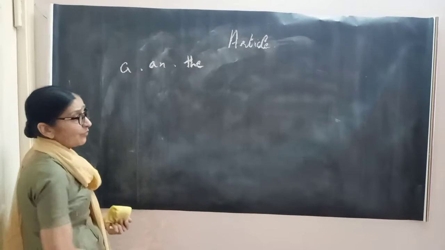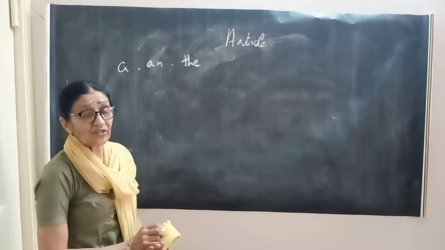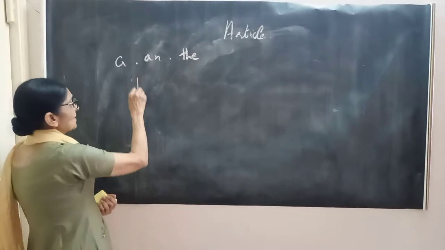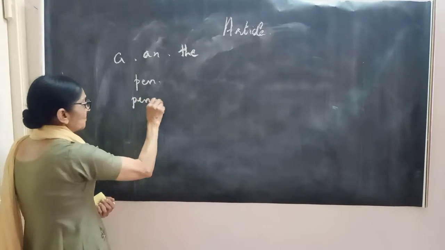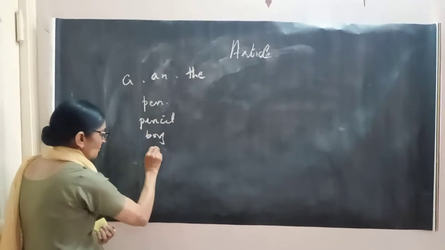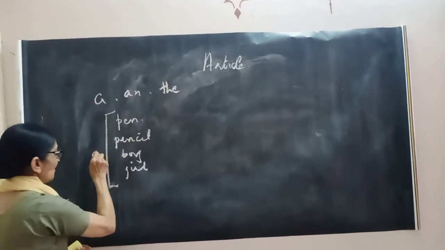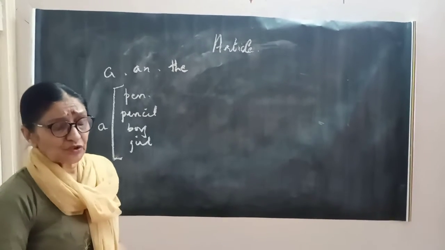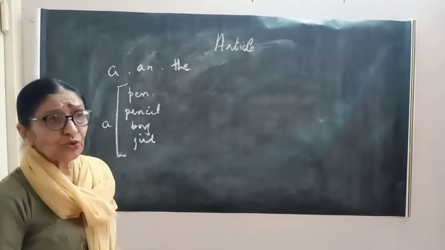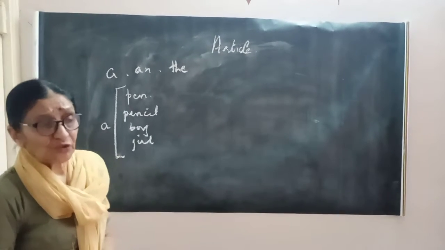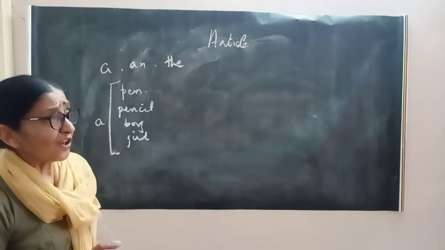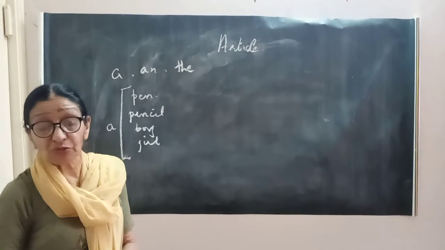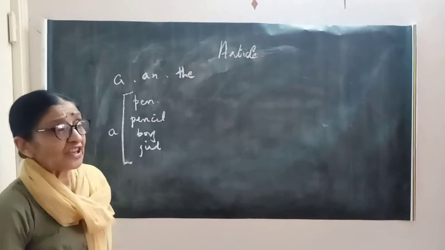First one is a. Everyone knows that a is used when the thing is only single. Only for a single thing we use a. For example, a pen, a pencil, a boy, a girl, whatever it may be, we use a. It is not only that a is used over here. There are so many vowels in between. The vowels came and we use an in front of them. Why do we use a or an according to the vowels? So I am going to tell you where to use it. I am not going to tell you what the phonic sounds are. Only the simple way to understand is just like this.